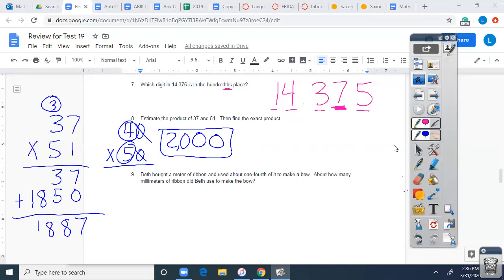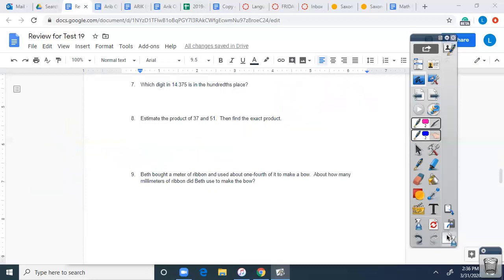So your exact product is 1,887. Okay, so for your homework, number 8, your estimate is 2,000 and your exact product, the exact answer is 1,887. Okay. All right, number 9, Beth bought a meter of ribbon and used about 1/4 of it to make